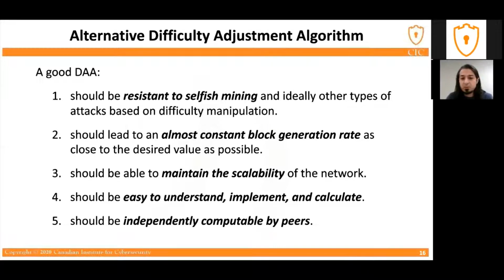Third, it should be able to maintain the scalability of the network. We need difficulty adjustment for scalability. The first and the third characteristics are somehow in conflict with each other. It means when we want to be resistant to selfish mining, we cannot maintain perfect scalability. I will talk about it later. And our fourth property is that it should be easy to understand, implement, and calculate. And the other one is it should be independently computable by peers. We don't want the peers to be communicating with each other just to